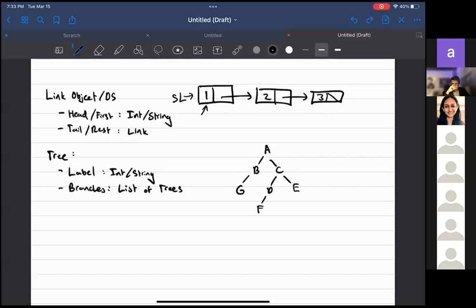And in essence, a linked list is a one-dimensional tree,